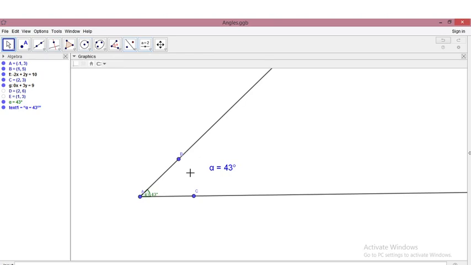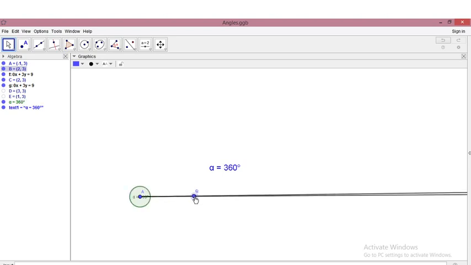Yes, between 180 degrees and 360 degrees. Reflex angle is the measure between 180 and 360 degrees. So if you are given an angle alpha, that is angle BAC, to be 43 degrees, how will you find its reflex? It should start from here and come to here. So this is that angle. How will you find that? It can be any measure more than 180. So what is the complete angle now? It is 360 degrees, a complete angle.